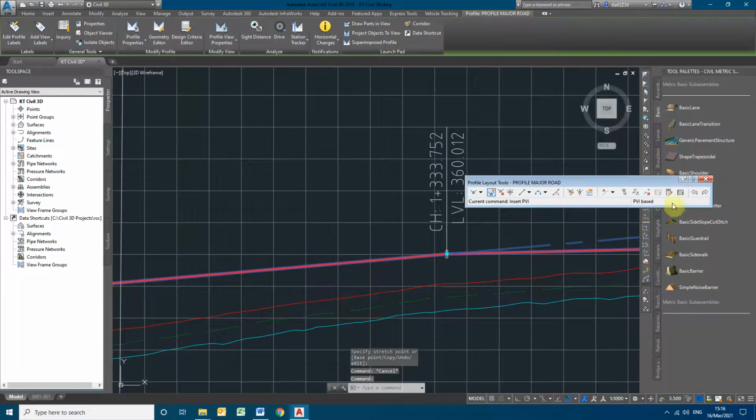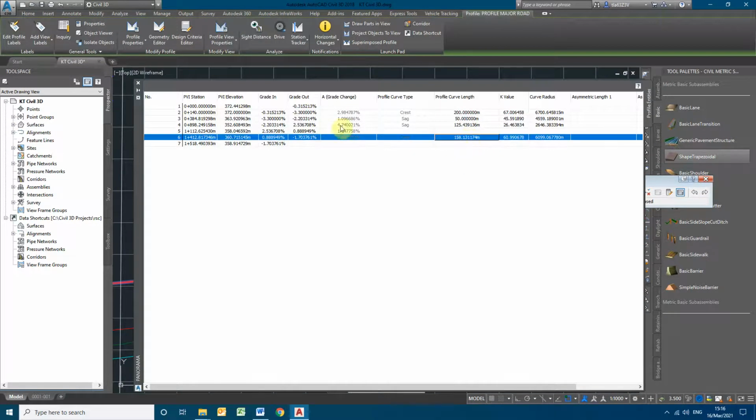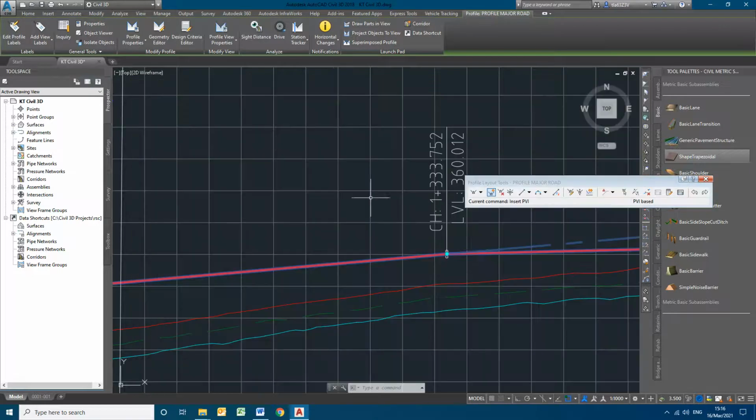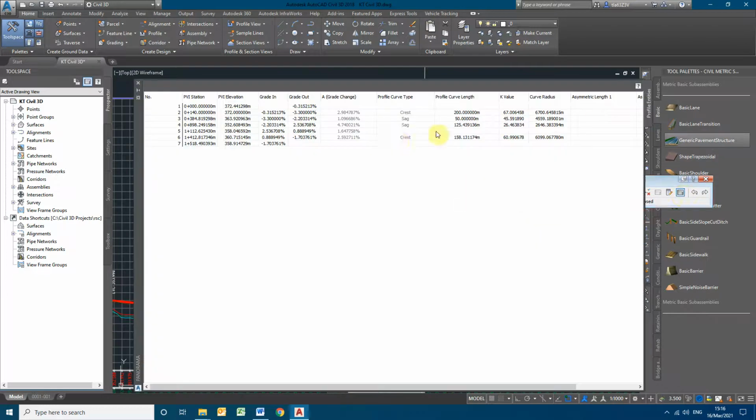Now the K value can be minimized so that the level can be decreased. With the profile curve length of 158 itself, now you are getting 60.9. So let us make it a round figure here also.